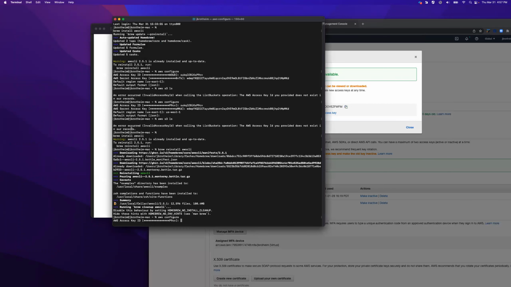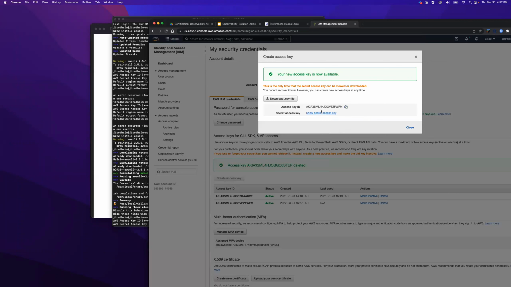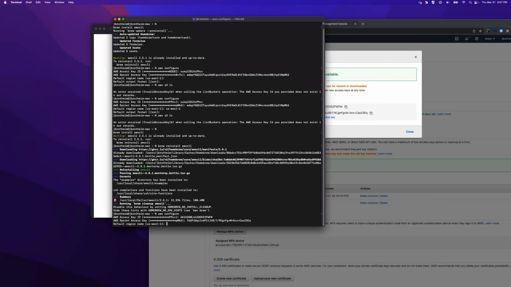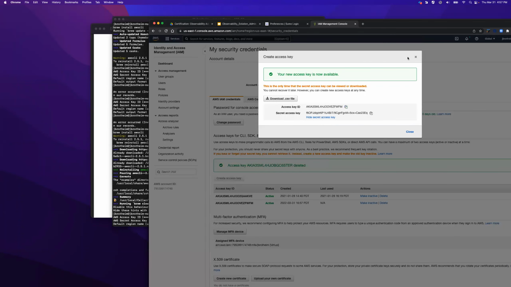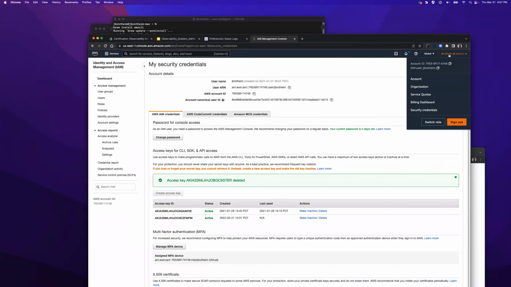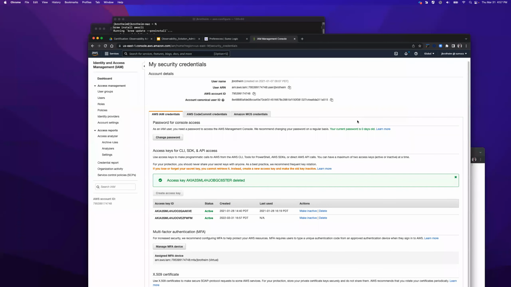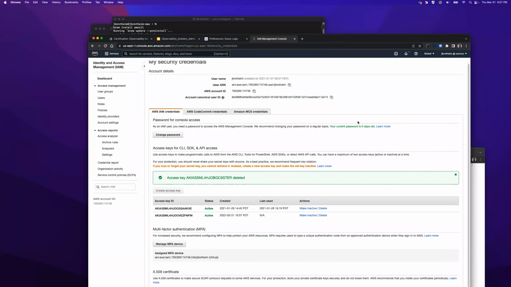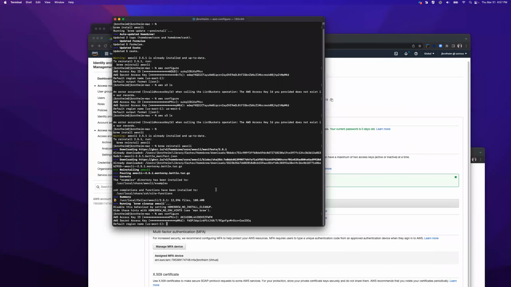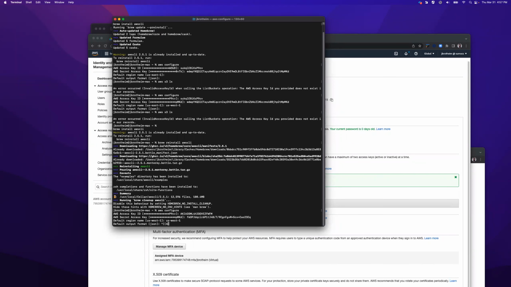Here's my ID. Here is my key. It actually doesn't matter. I'll use US West 1 and then